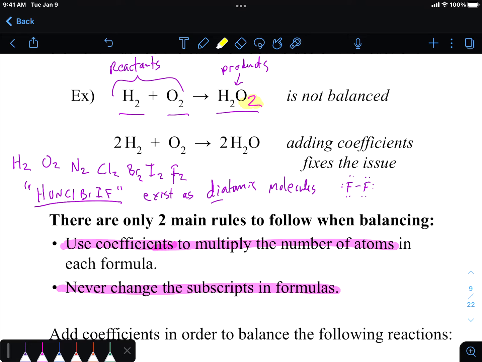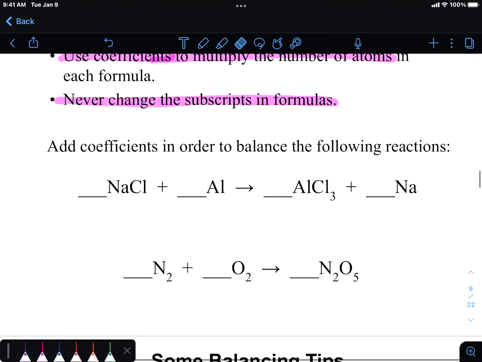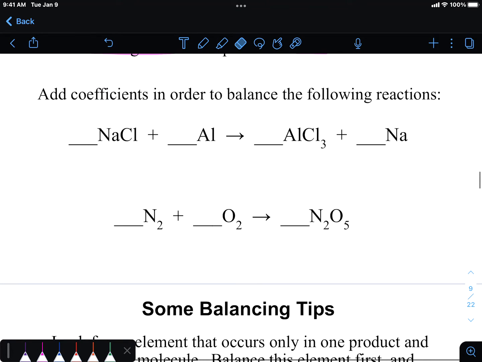Okay? So, the best way to learn how to do this is quite simply trial and error, but there are some tips, and I'll walk you through them. So if we want to balance this first one, generally speaking, find the largest looking or the most complicated looking formula. And here, I would say this is the largest formula. It simply has the most atoms, okay? And say, all right,